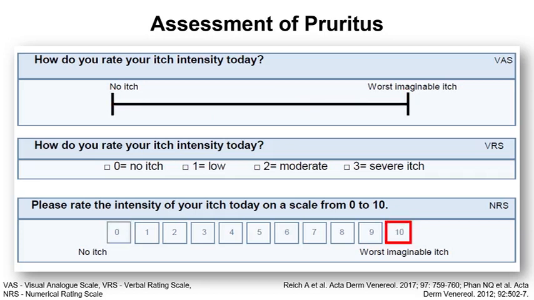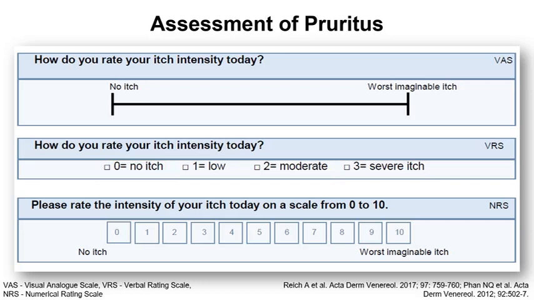From 0 to 10 is also the numeric rating scale, where we ask for full numbers. And this is sometimes easier for the patients, that they give you a full number and you can ask this orally, while the visual analog scale is always on paper or on tablets. And then we have the verbal rating scale from no itch to severe itch. Yeah, it's just a very simple grading that you can ask your patient, how is your itching? It's very severe or moderate, but then it's his own definition.